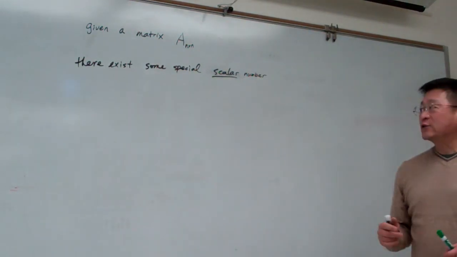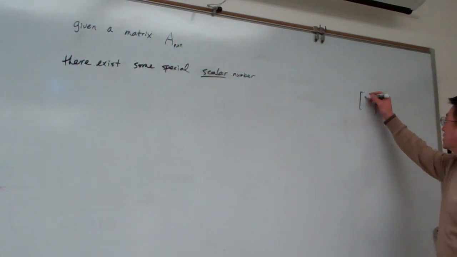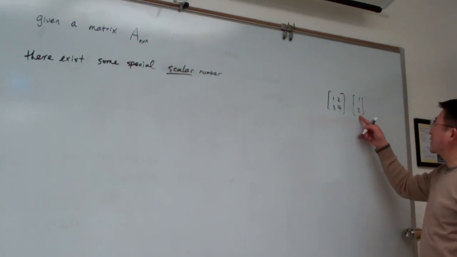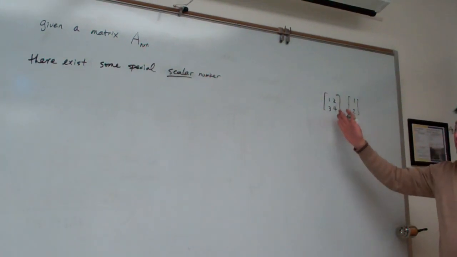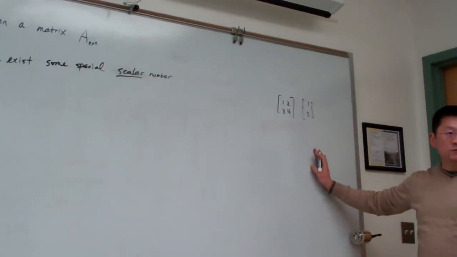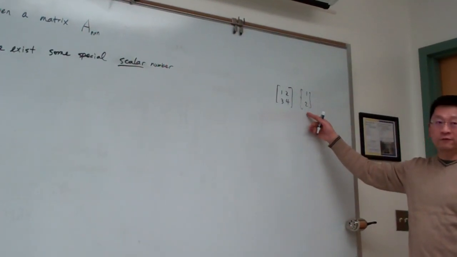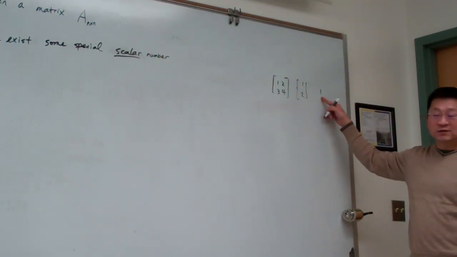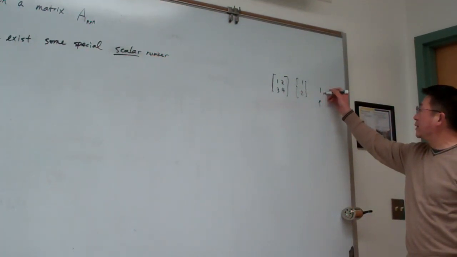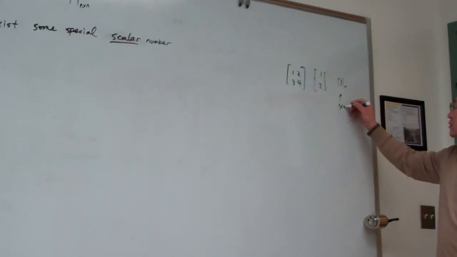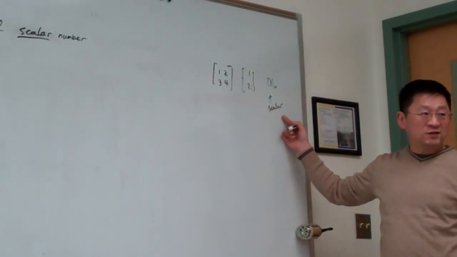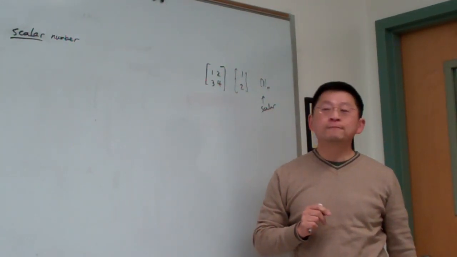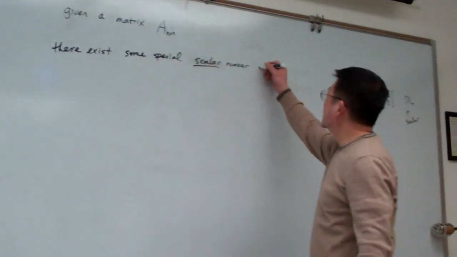Because in linear algebra, sometimes we talk about a matrix, say 1, 2, 3, 4, or sometimes we talk about vectors. A vector is simply a column-wise matrix. So we talk about matrices or vectors. And this is called a 1-by-1 matrix, which sometimes we simply call a scalar. A scalar means a single term, a single number. Okay. So the scalar number, lambda,